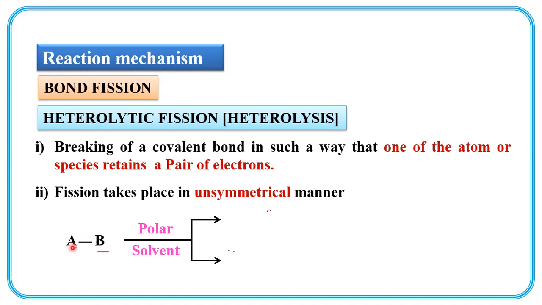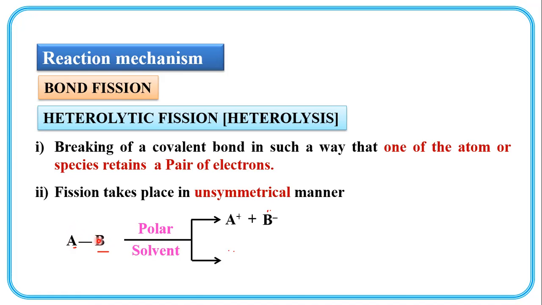Now here you can see that one atom is A and another atom is B. So both are dissimilar atoms, so their electronegativity must be different. Is it right? Their electronegativities are different. So after breaking the bond, this shared electron pair will go either to B or to A. It depends on which has more electronegativity in this pair.